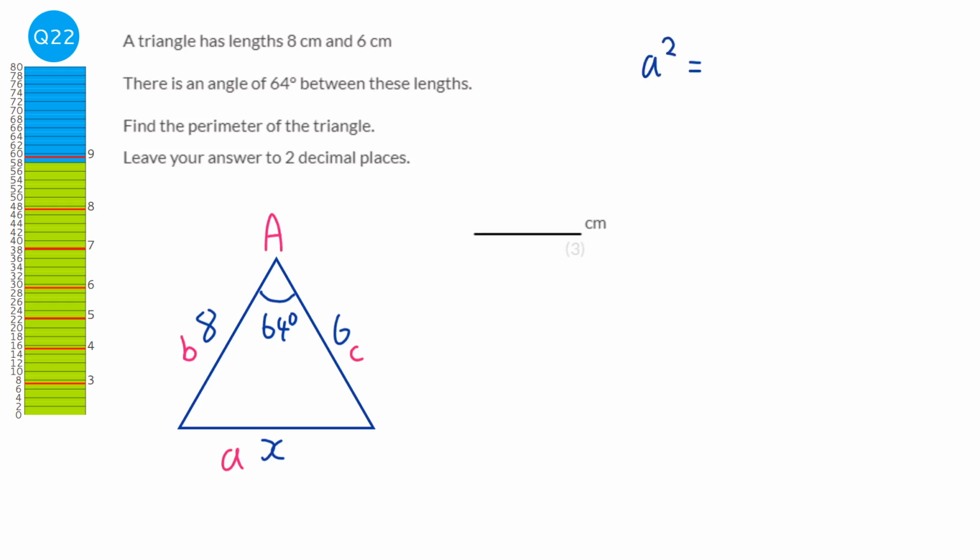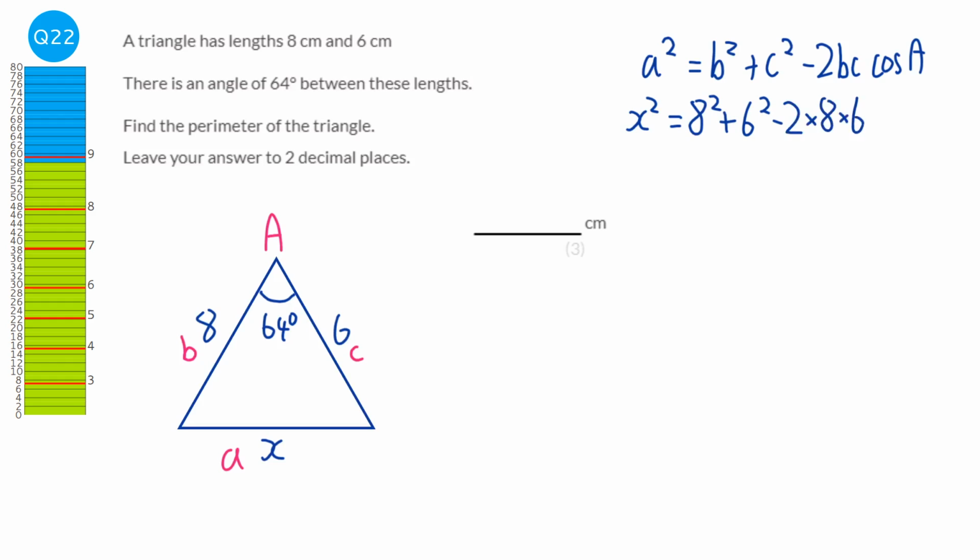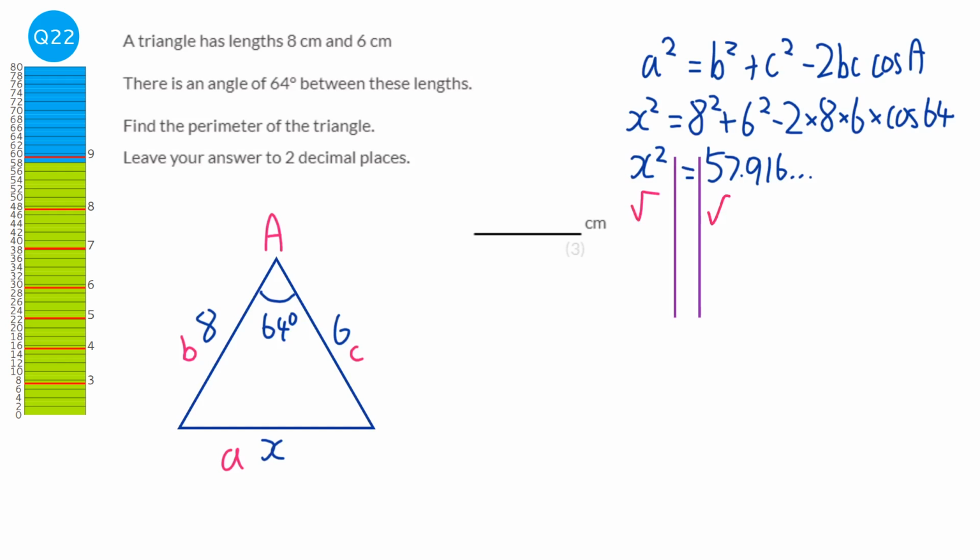So it's a squared equals b squared plus c squared minus 2bc cos A. And so that would be x squared equals 8 squared plus 6 squared minus 2 times 8 times 6 times cos 64. And that will be x squared equals 57.916 and so on. And we just need to solve this by square rooting both sides. So it would be x equals